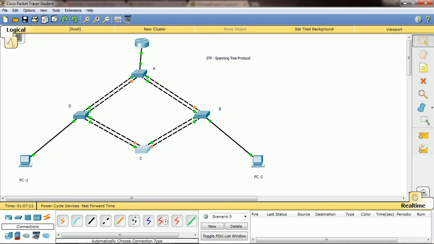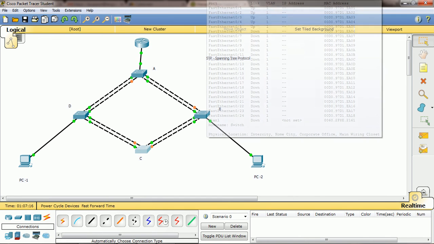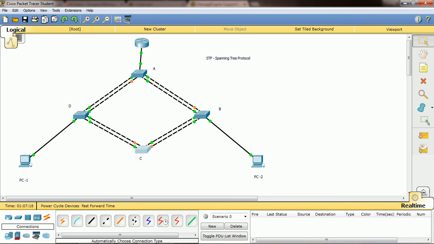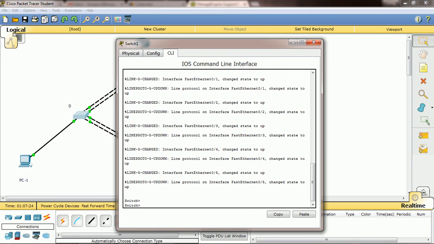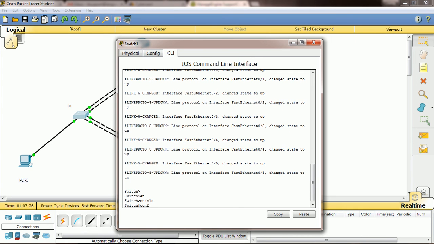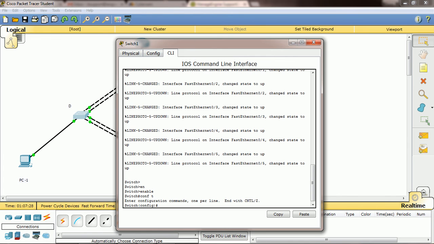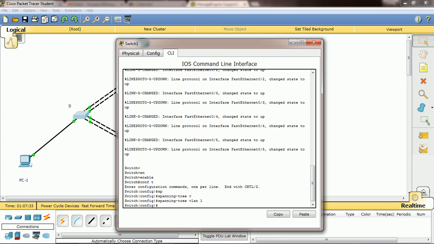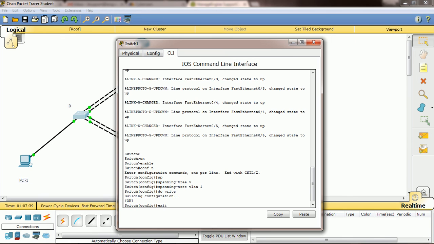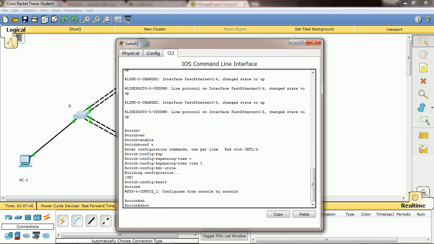Why? Let me check. Enable, config terminal, spanning-tree vlan 1. So it's already running. Do write, exit, show running-config.